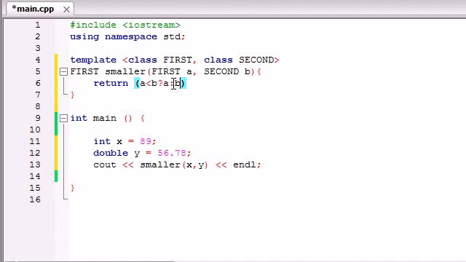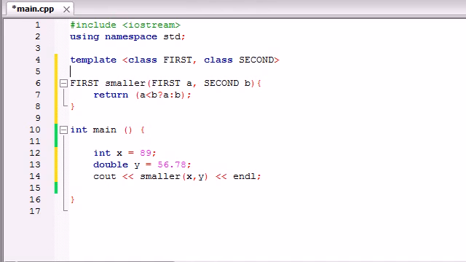If not, return B. So it's going to be saying, alright, is A less than B? If it is, return A. If it's not, return B. So it's basically going to return to you the smaller number. So now that our function is working properly, let's go ahead and test this and